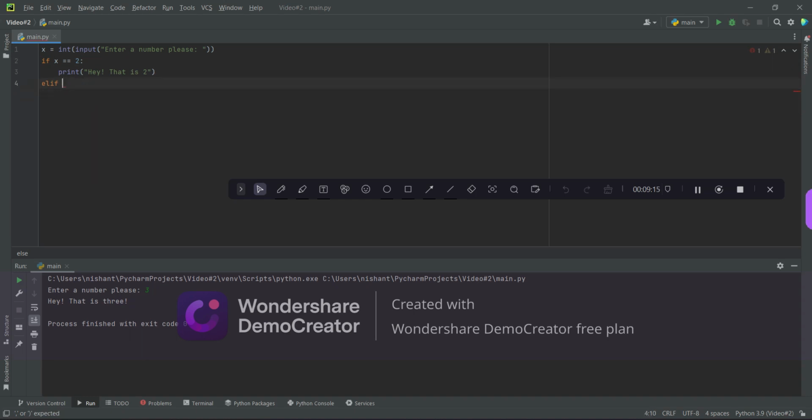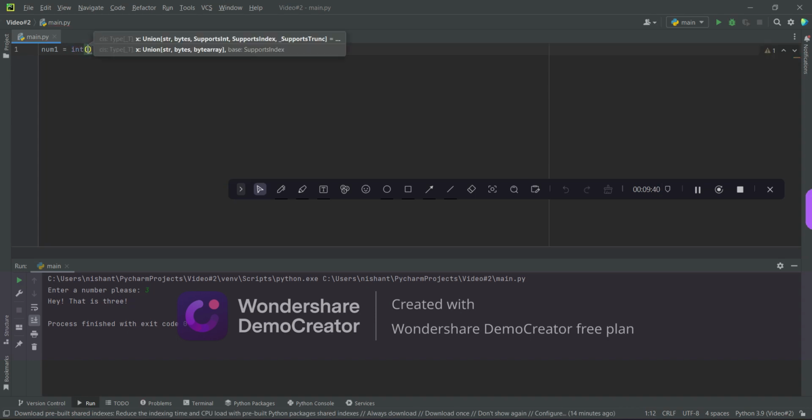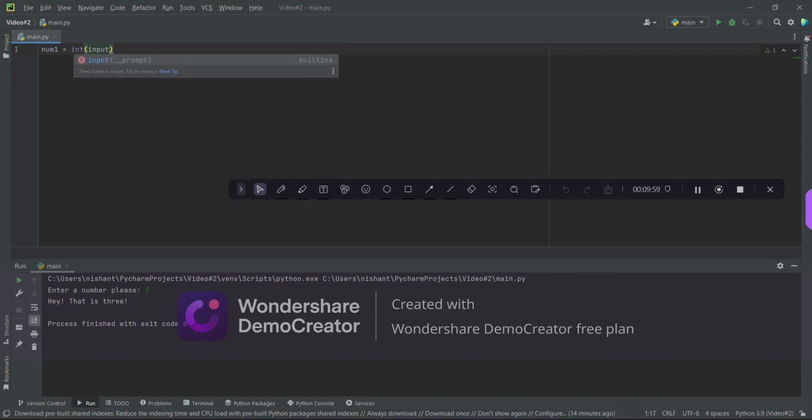So let me just now delete all of that. Now we will write, let us take 2 variables here. Num1 is equals to int. As I said, we will always use int if we want a number and number only, because if we only use input, it will register it as a string, and in Python a string can't be calculated on except for that string modulo, which we will cover later. Yes, so input